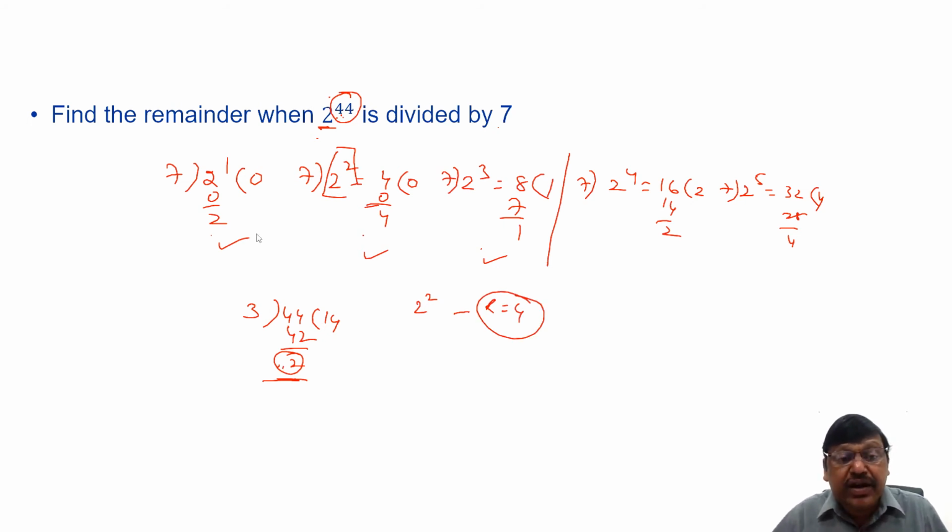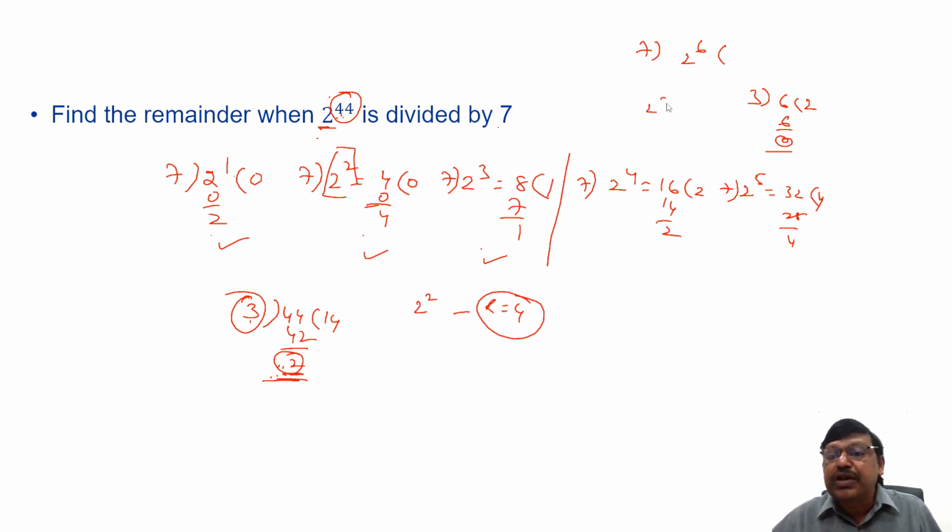If the remainder is 1, consider the remainder of power 1. But if you are dividing a number by 3, you never get remainder 3. You will get remainder 0. In case the remainder is 0, then consider the remainder of power 3. For example, 2 power 6 divided by 7, what is the remainder? 6 divided by 3, 3 twos are 6, remainder is 0, which means you should take 2 cube's remainder. 2 cube's remainder is how much? 1. So 2 power 6's remainder is also 1.